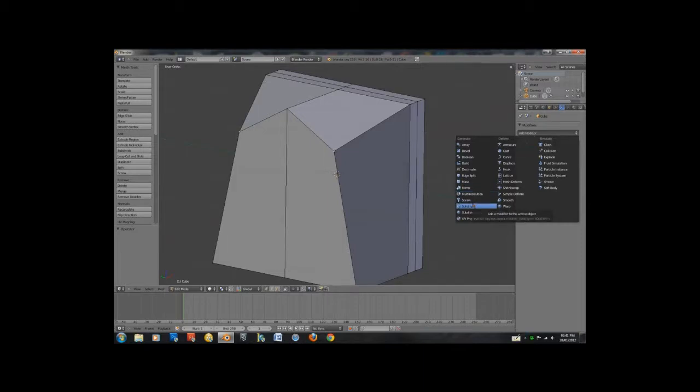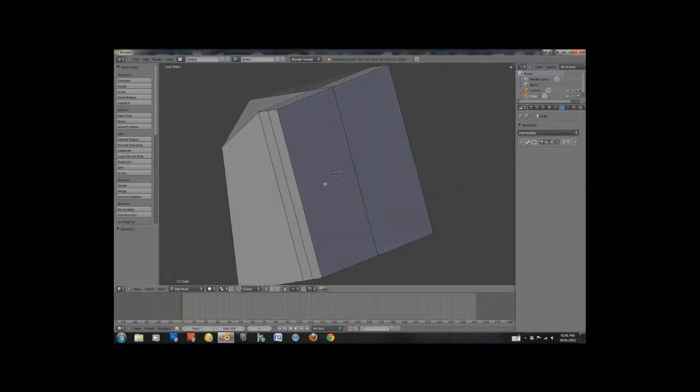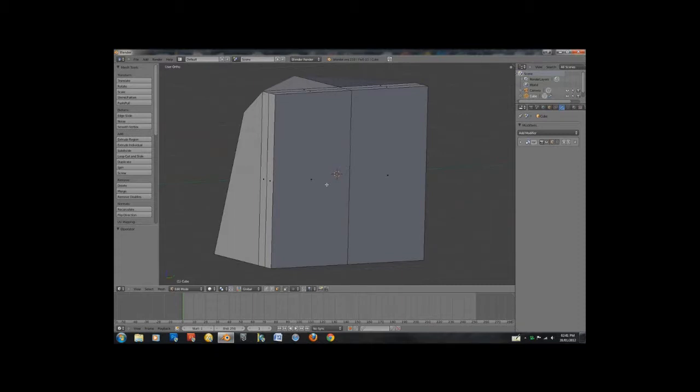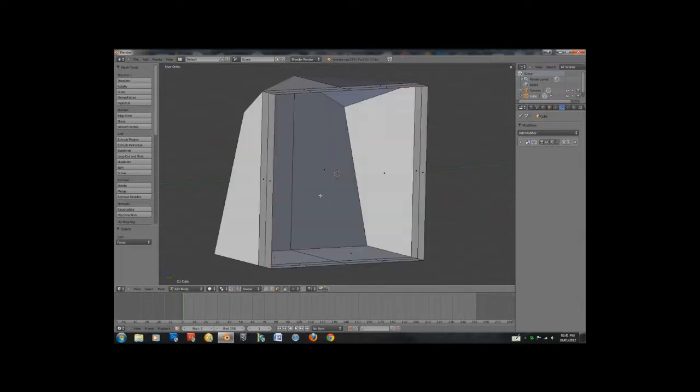The last one would be solidify. To do this, I shall select faces, select mode, and down here, as you can see, you can have either face select, edge select, or vertices select, and vertices select being the most useful of them when you are editing. Anyway, I select this face, press delete or X, delete face,